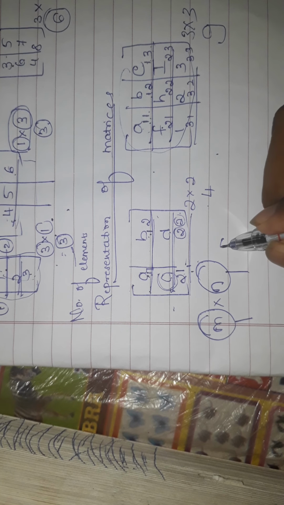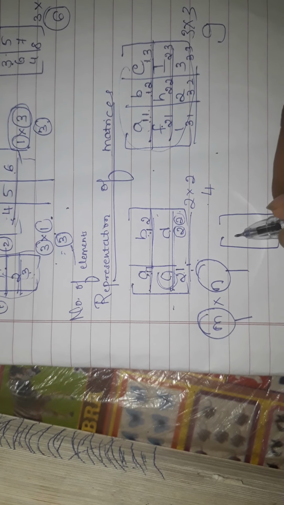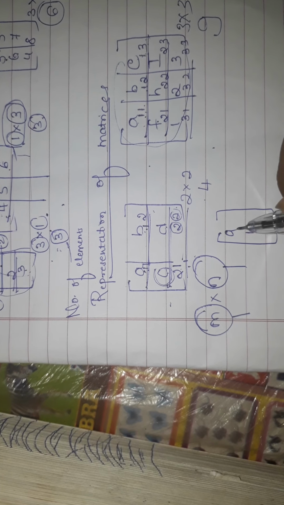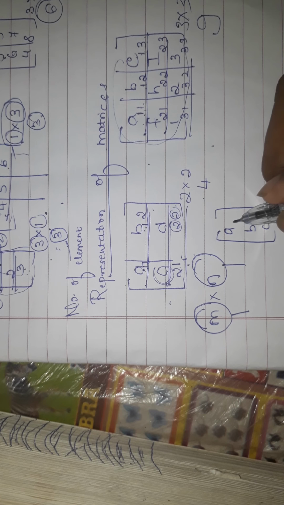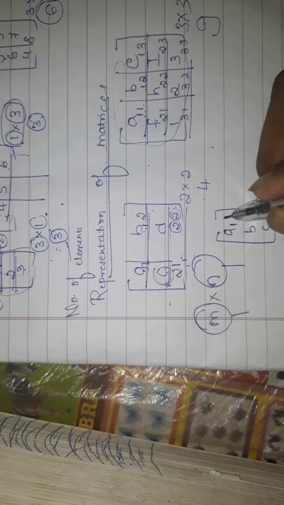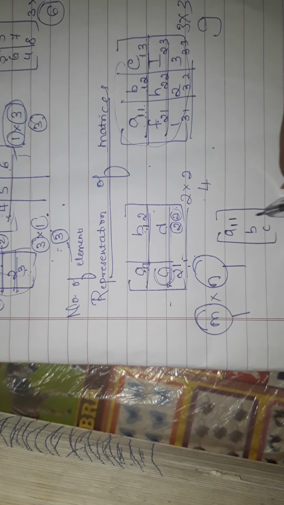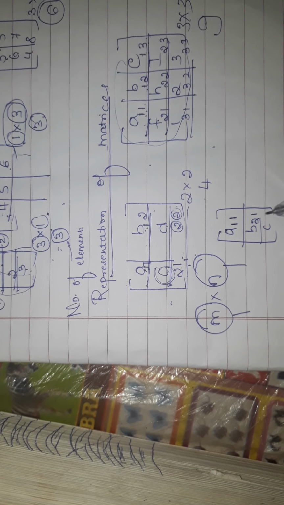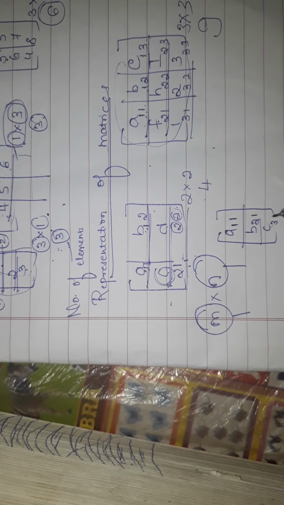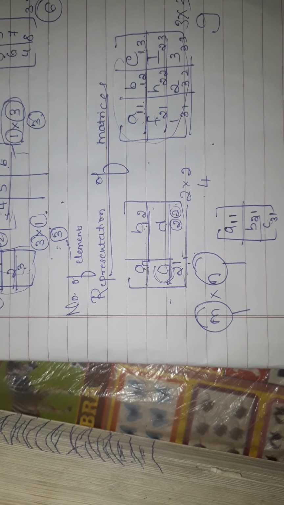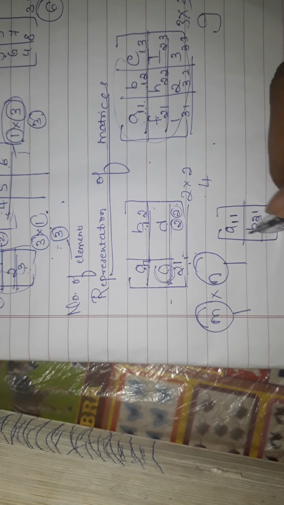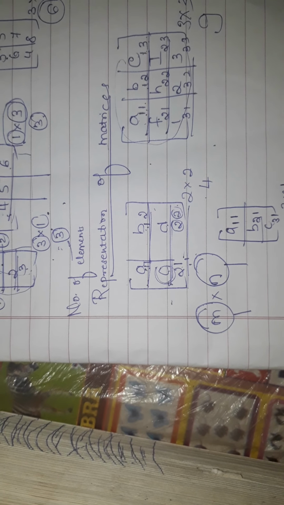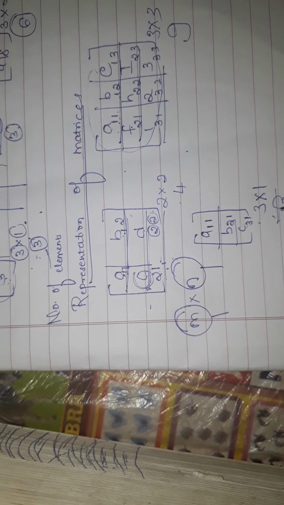If it is in this way and having the numbers A, B, C, what will you write for the naming? See, this is first row, first column. Next will come the second row, also in the first column, and this is the third row in the first column. Okay, and what is the order of this matrix? It has 3 rows and only 1 column. This is the order of the matrix, which has only 3 elements.